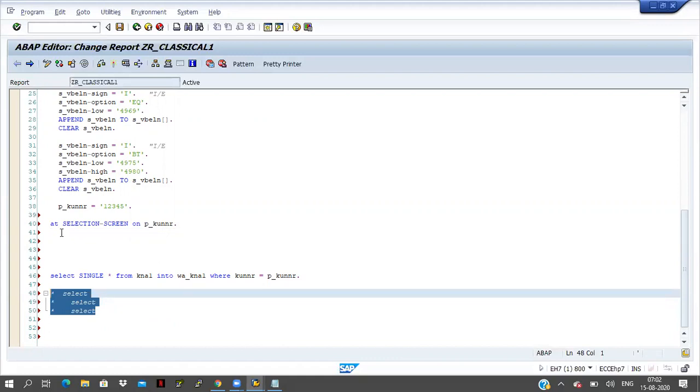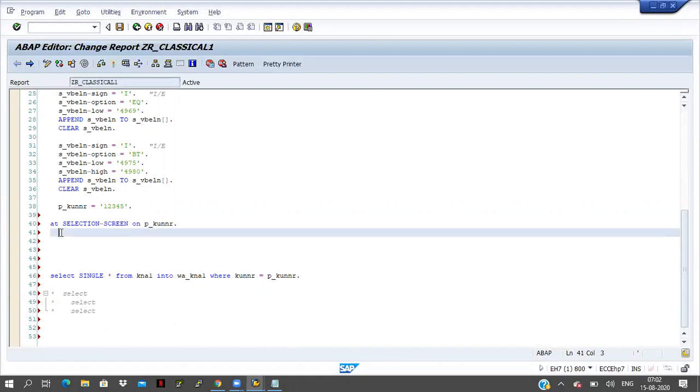I'm keeping it in comment. And here only I'm writing one more select query. Select single KUNNR from KNA1 into LV_KUNNR where KUNNR equal to P_KUNNR.